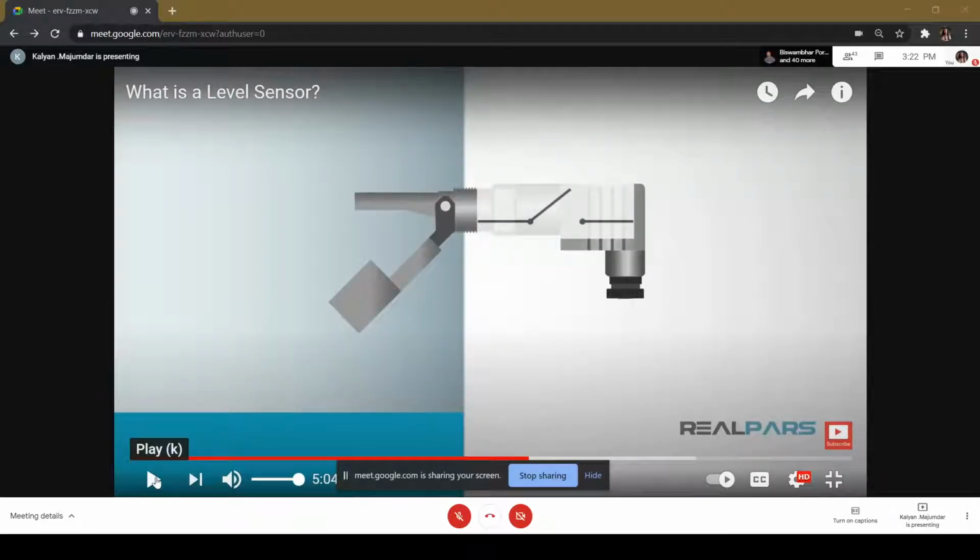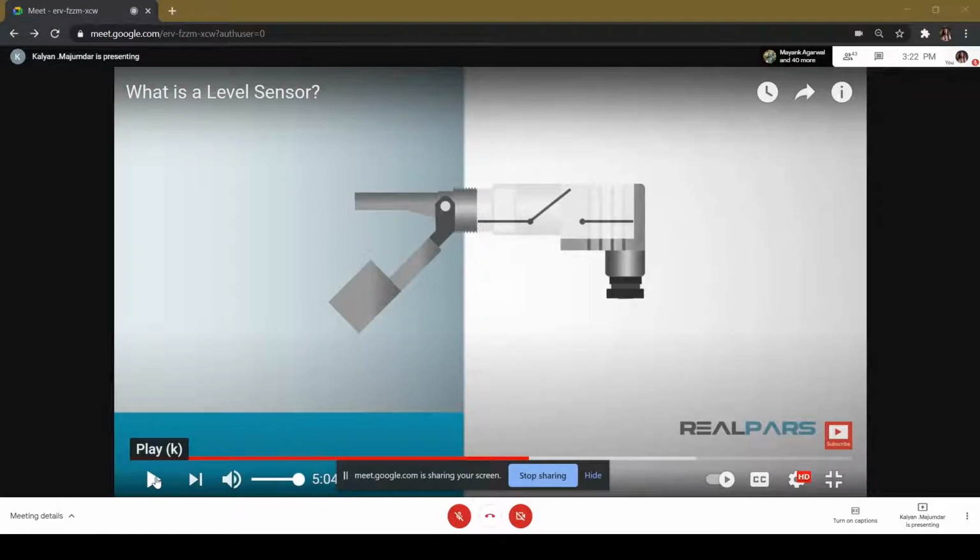Look at this switch. I was trying to freeze this particular point. Now you do not have liquid in the position of the switch, at the height of the switch, at the level of the switch, at the elevation of the switch. You can call it anything. Look at the state of the contact. So in the absence of the liquid, in the absence of the energizing input, the contact is open. The contact is broken. So this becomes a normally open. Why normal? Because the liquid level is not present at the position of the switch. So in the absence of the input, in the absence of the liquid level which energizes the switch, the contact is open. So this becomes a normally open type level switch.